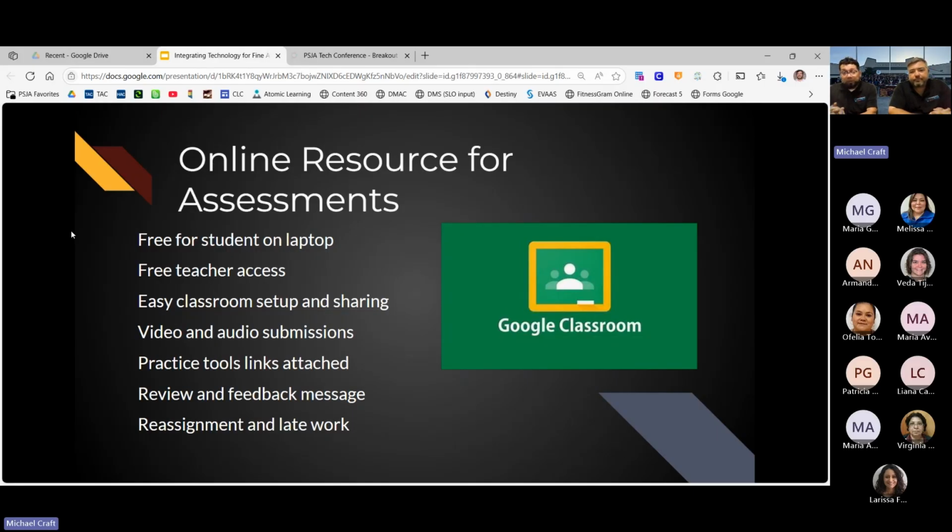So that's why we really love Muse class, but we have to adapt, and now Google Classroom offers the same thing. It says easy classroom setup and sharing. What I love about that is there's a rubric you can do, and we have a picture of that. We started it, and I was kind of excited, like wow, we can give them 5 points here, 10 points here, 15 points. You could break it up however you need and whatever subcategory you need. So we'll talk about that.